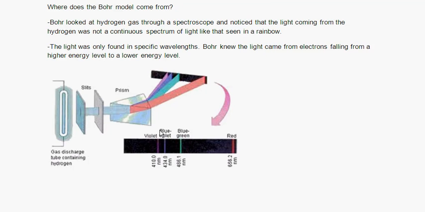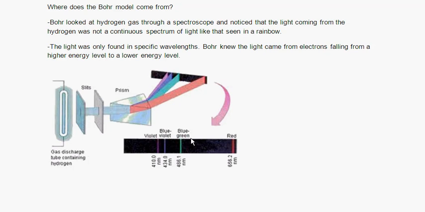So Bohr, if you look at white light through a spectroscope, you're going to see all the colors of the rainbow, the Roy G. Biv colors, because it's a continuous spectrum. Similarly, if you looked at a white light bulb, or if you looked at the sun, you'd see all those